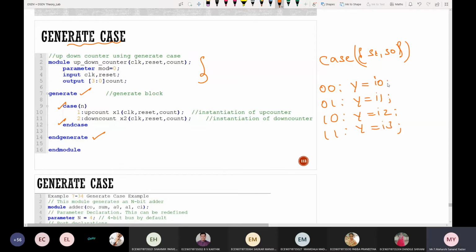So this is how we have written the code while writing the multiplexer using only case statements. But here, in order to make it generate case, it is enclosed within this particular generate and end generate statements. So here when n value is equal to 1, this up counter will be called. If it is 2, down counter will be called. The same story here also. Before writing this particular code, try to add up counter and down counter code to your projects.